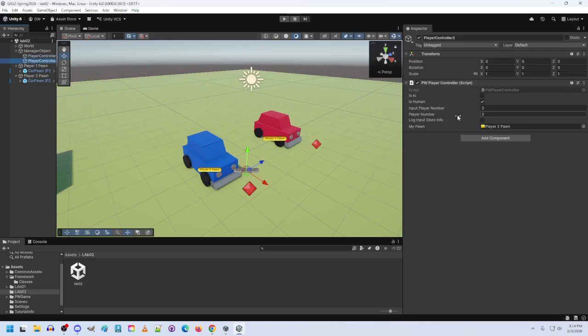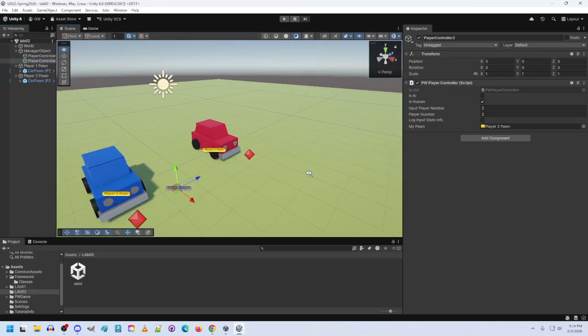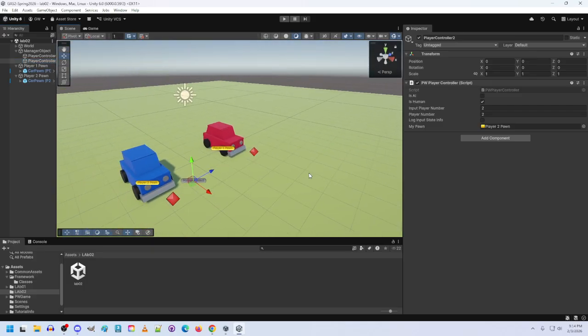So they've been set up correctly with the version of the correct number. So the scene is set up for you right now with the latest version of the